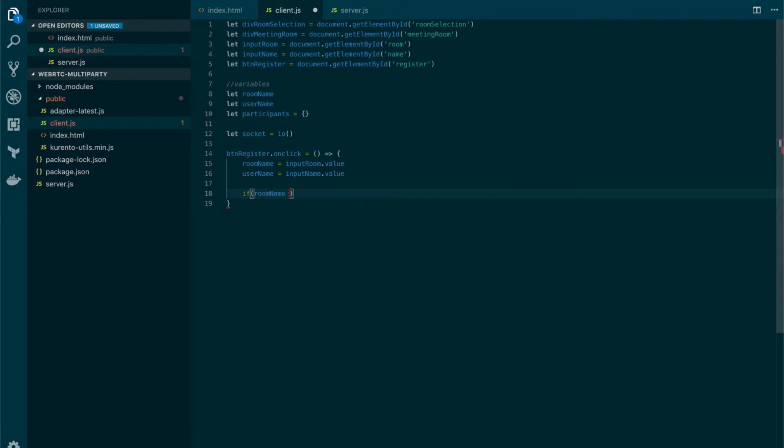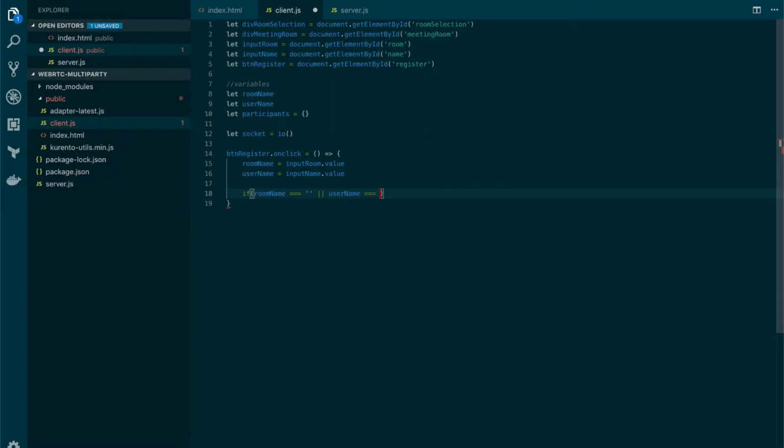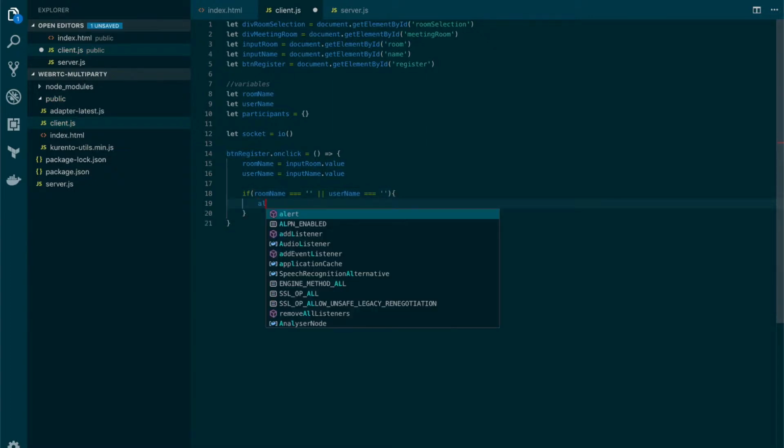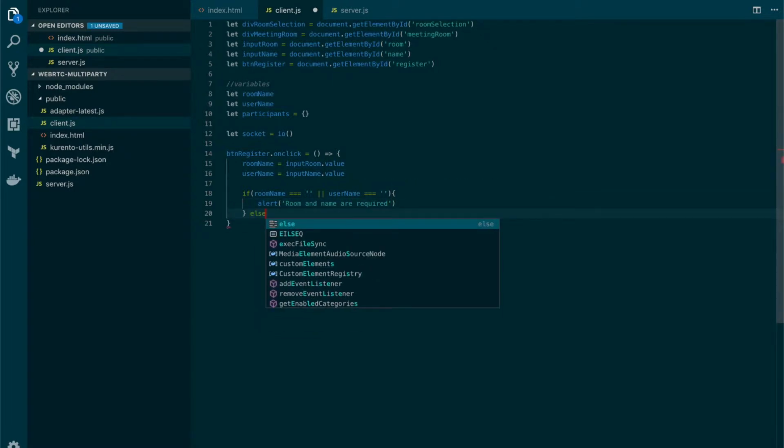So if room name is equal to empty, or username is equal to empty, let's send a message saying room and name are required. And if everything goes well,